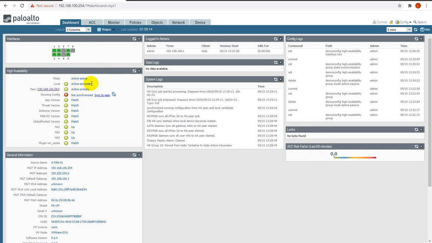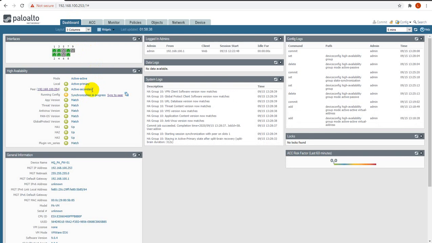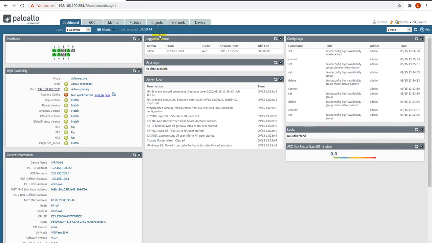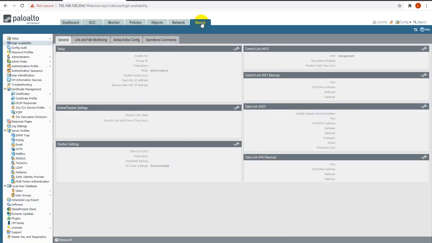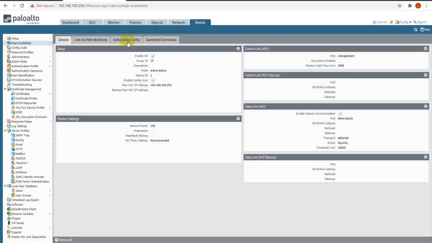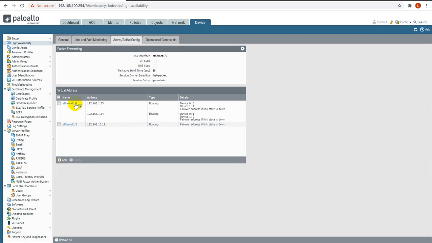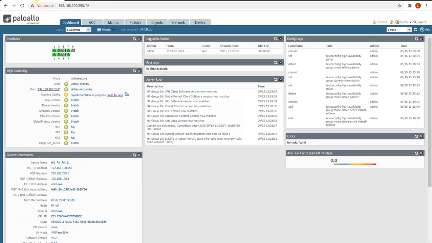Primary active, active secondary. This one is the secondary device, and this one is the primary device. In process. So guys, when this process is completed, you will get, oh, now you can see we are getting all this confusion. After some time it will also be green, synchronization done.